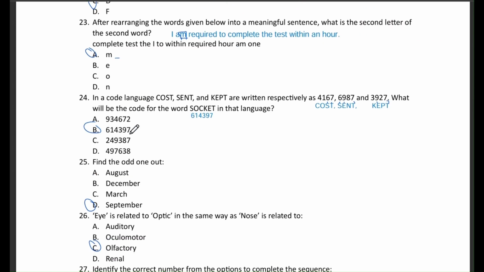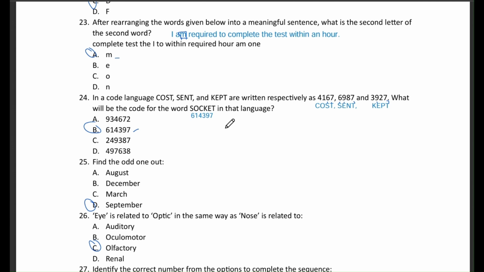Let's look at question 24. This question states, in a code language, cost, cent, and KEP are written respectively as 4,167, 6,987, and 3927. What will be the code for the word socket in that language? And the options are 934,672, 614,397, 249,387, or 497,638. The correct answer is option B,